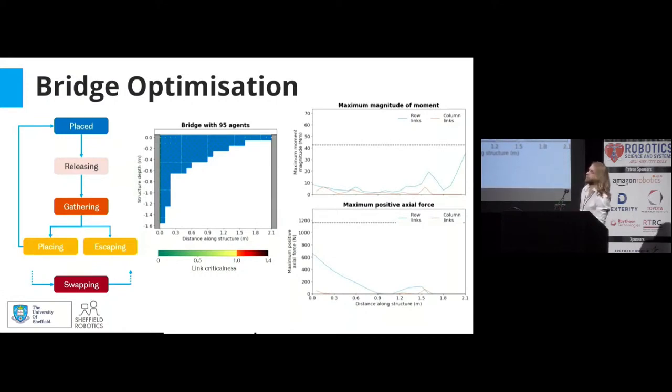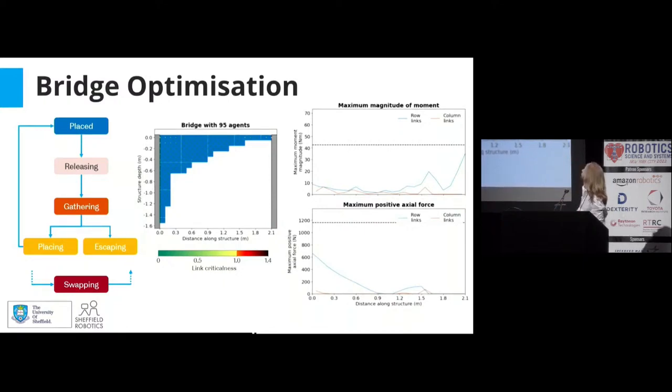If two agents are traveling in opposite directions and can counter each other, they just swap information and become one another, because it's a homogeneous group of agents. This is best shown with a video, which we have here. On the left, you'll see robots moving around, and the links between them are colored by the criticalness, the force in the links.